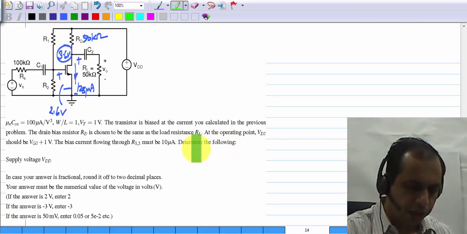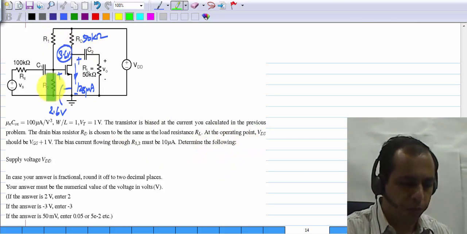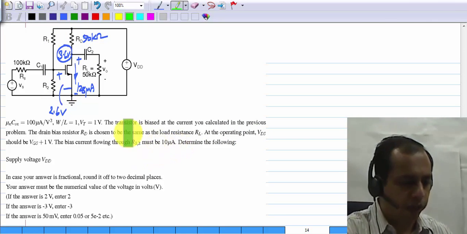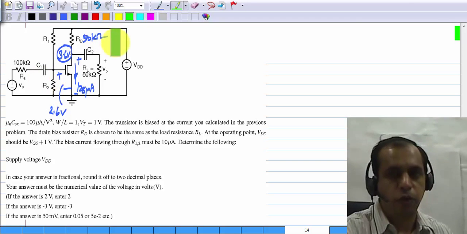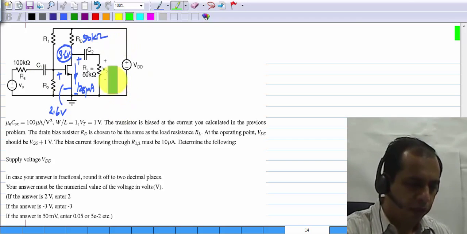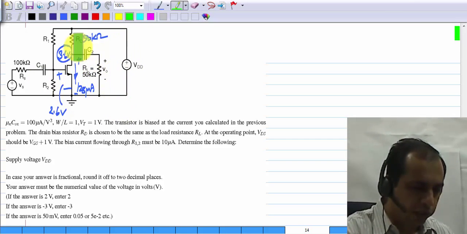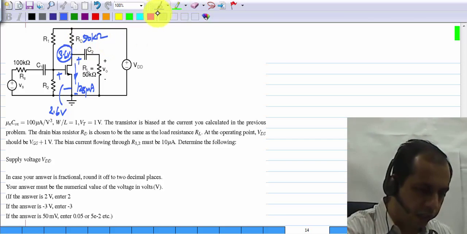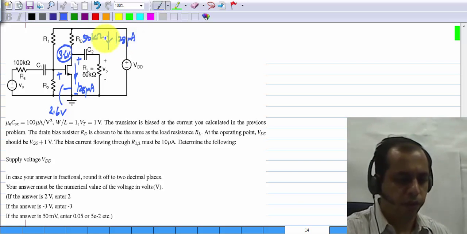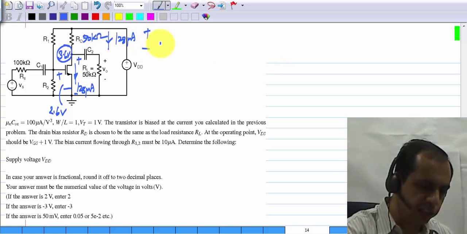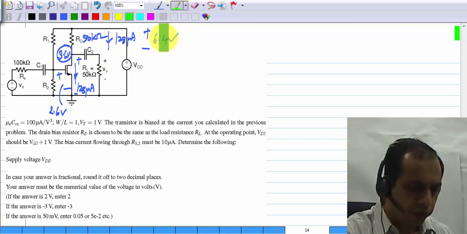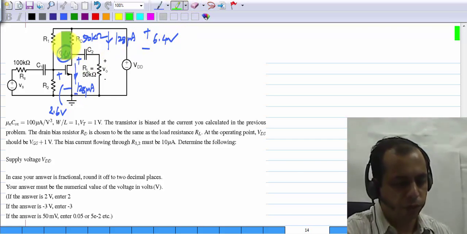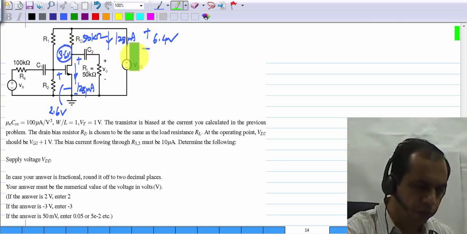It is also given that the current through R1 and R2 must be 10 microampere. To find out the current in R1 and R2, you need to know the supply voltage VDD. How do you calculate that? You know that RD is 50 kilo ohm and a current of 128 microamperes is flowing through it. So the voltage drop across RD is 6.4 volts. The 6.4 volts plus 3.6 volts of drain to source voltage of the transistor give you a VDD